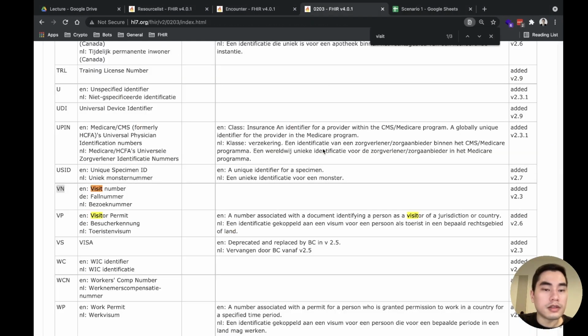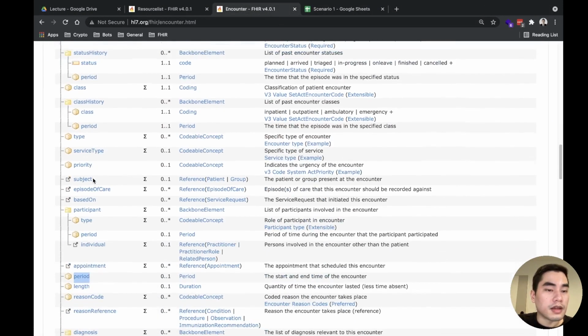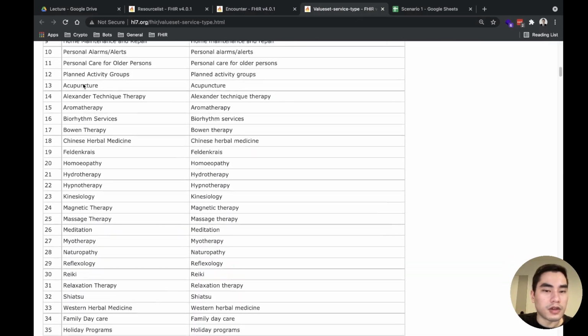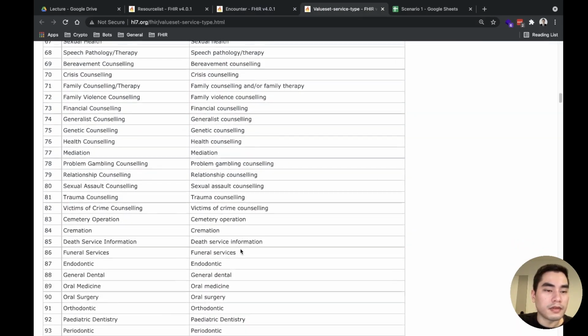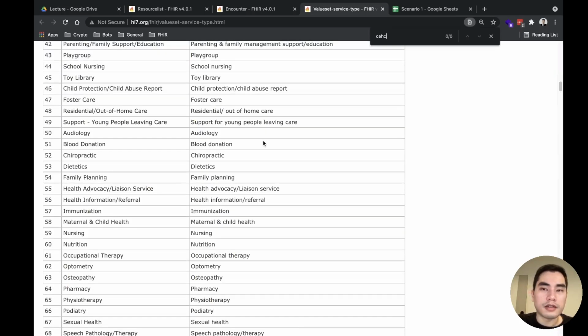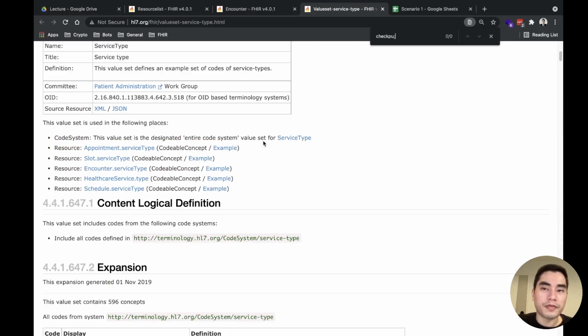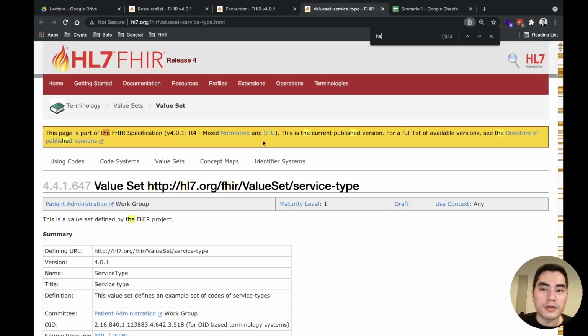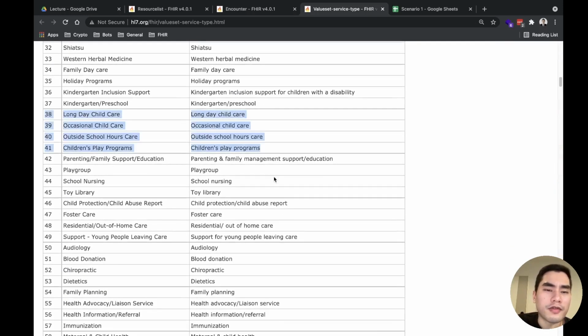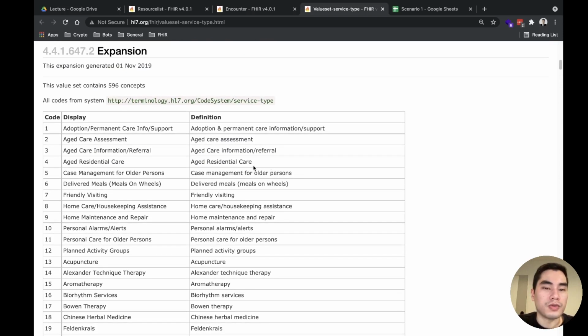The last thing is service type. It's here, and it's just an example binding string. So if this one does not solve our need, maybe we can define something. Let's say check up. Actually, I tried to search it before, and I don't think I found something that represents the check up clinic. Maybe there is something that I just don't know, but it's okay.